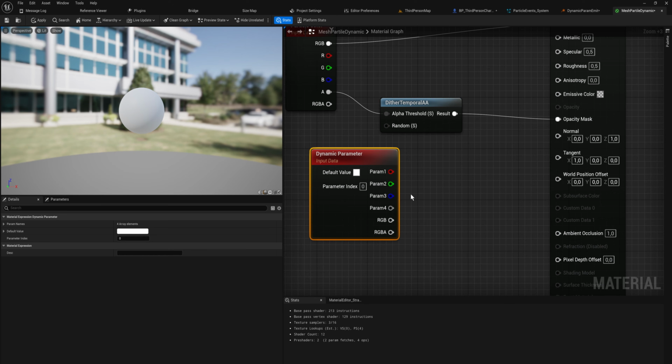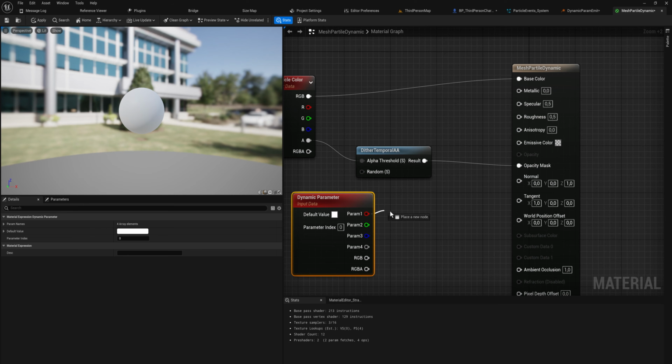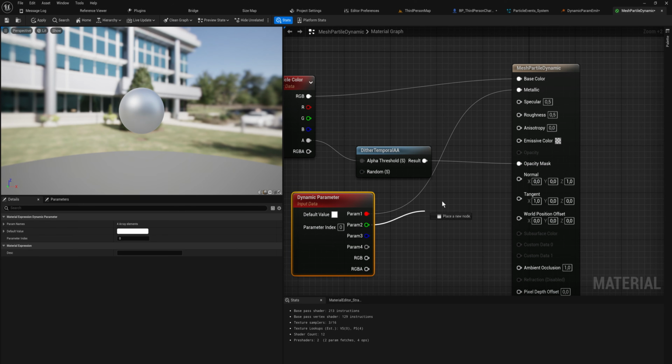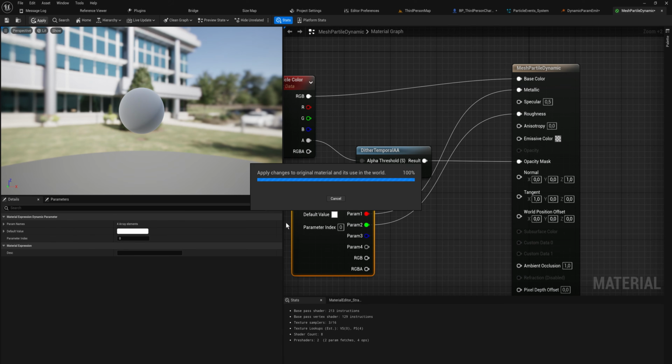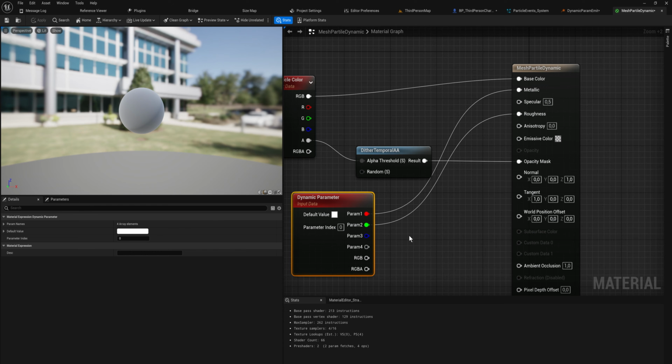This seems like an oversight to me, but you're just kind of going to have to deal with it. So we're going to use parameter 1 here and put that into the metallic value, and then we're going to use parameter 2 and put that into the roughness. And then we can apply that, and now we can drive the metallicness and the roughness of our particles through